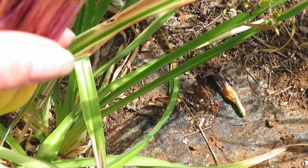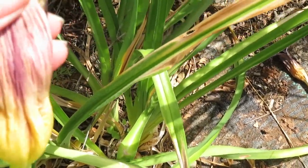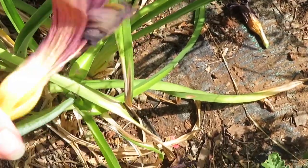These are some bugs that I hate because they will just kill the plant for sure. They will. I'm going to kill that one before it does, but